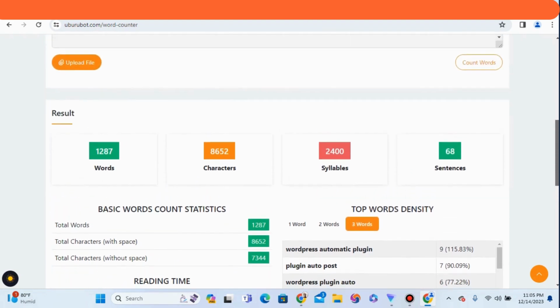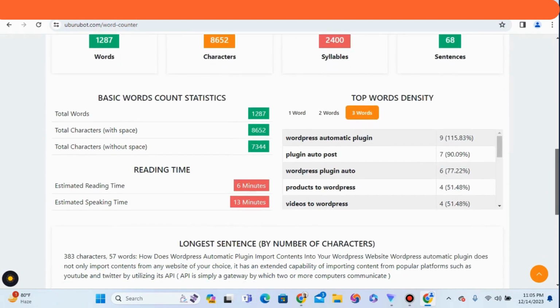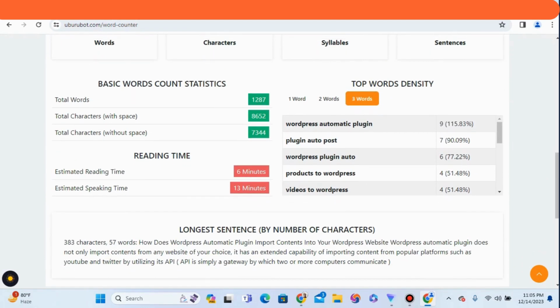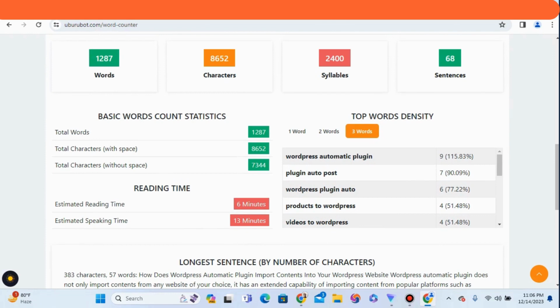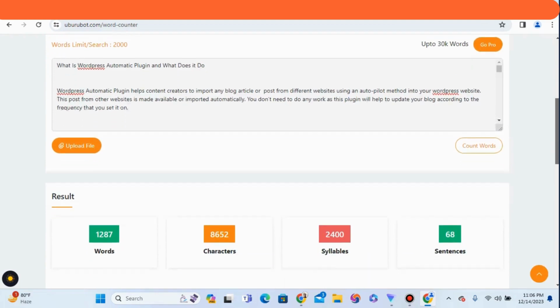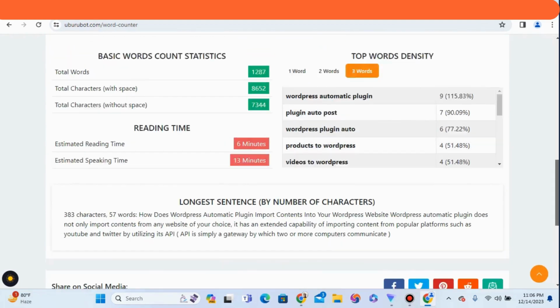So this is how you know the percentage of the keywords you are ranking for, because writing an article without knowing the exact keywords you are ranking for is very useless. But when you know what you are ranking for, you should be careful to put those keywords strategically in your post so that you can rank better. And that is all you needed to do here. So in the case that the ranking is not